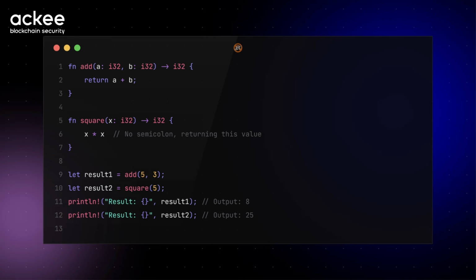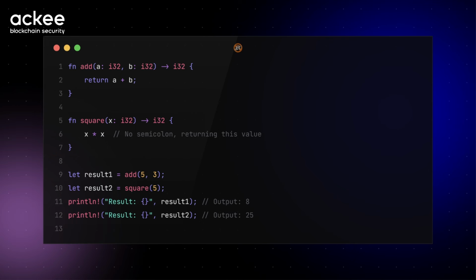So you can see the parameters a and b have their types specified. In this case, signed integers, both 32 bits long. And the result of the operation that is performed within the function is also going to be a signed integer